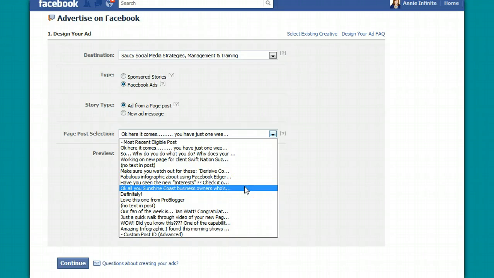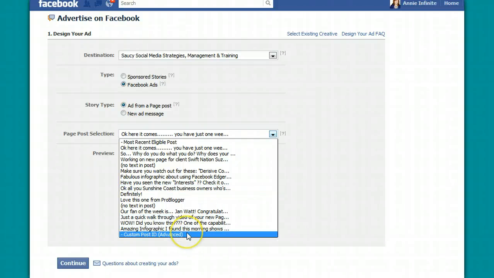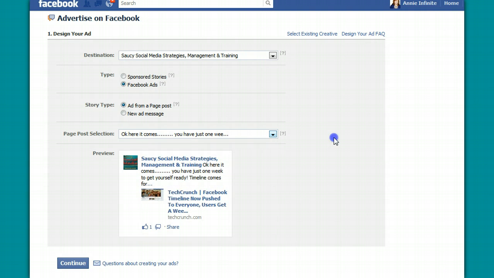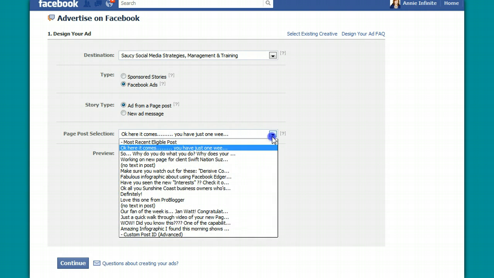post a lot, don't I? I'd have to, and you can use a custom post ID so you can actually find a post from previously that worked really well. Now, my suggestion is to go into your insights to find a post that got a lot of clicks and that works for you really, really well, and then use that one. So I would prefer to use a page post, but